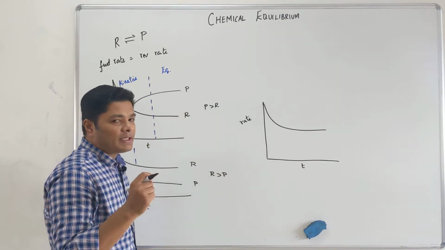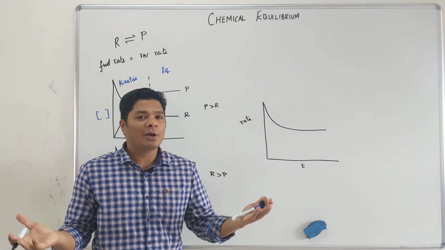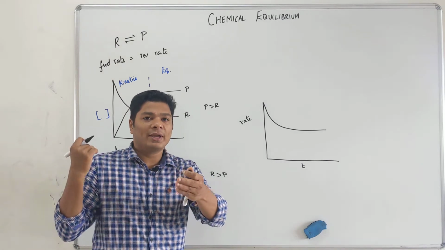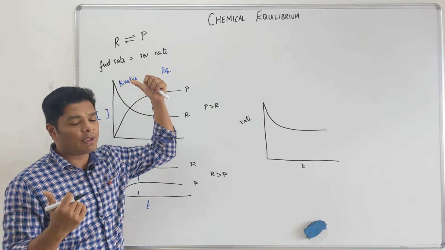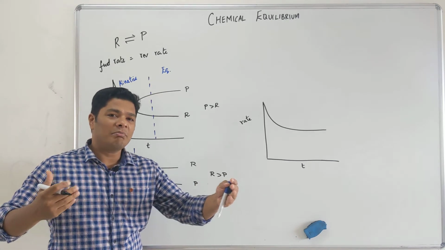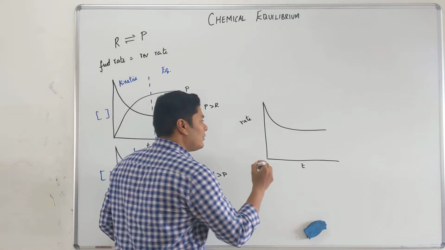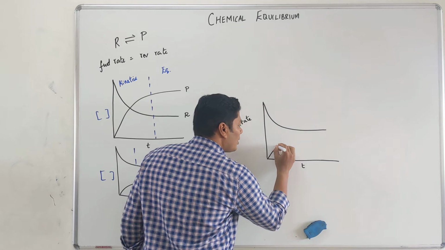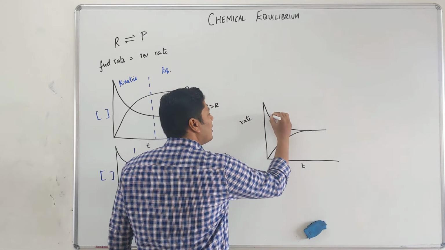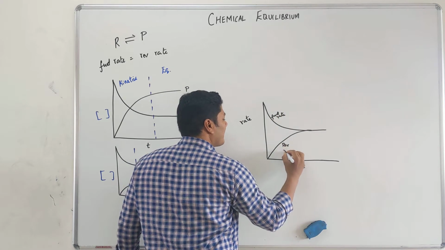Okay. So now the same room that you are sitting in, initially when we start it's full of reactants. At that point there are no product molecules. So one product molecule and another product molecule combining and giving you reactant, the backward reaction, is zero to start with. As time goes on, more and more product forms, and the chances of product and product meeting each other is high, effective collision. Okay. So my rate of reverse reaction picks up and soon it meets the rate of forward. So this is forward rate, this is reverse rate.